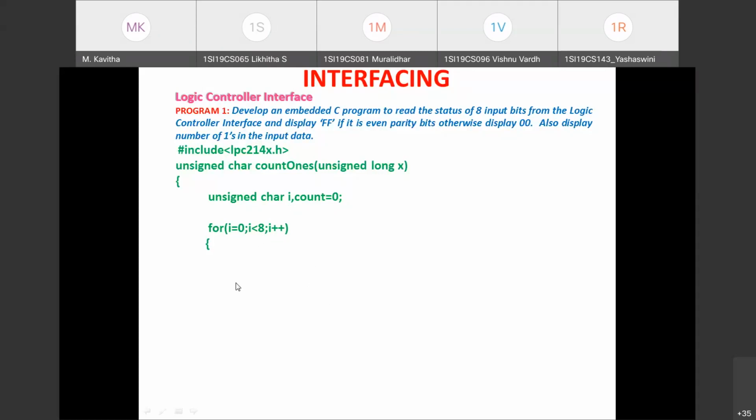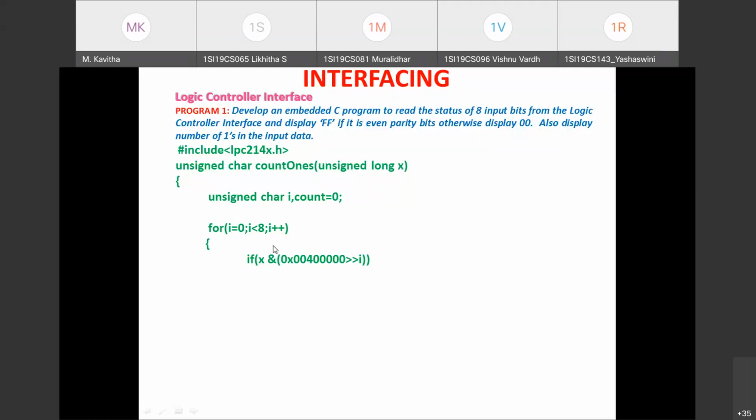Okay. And what is the test condition? Now each bit in the input, we need to check whether it is 1 or 0. And you know, the AND operation which you can perform, and depending on which bit you are testing, you are going to take the mask value. So how to take that mask value, we can see here. If x AND 0x00400000, right shifted i times. This is the expression I have written in the if header.